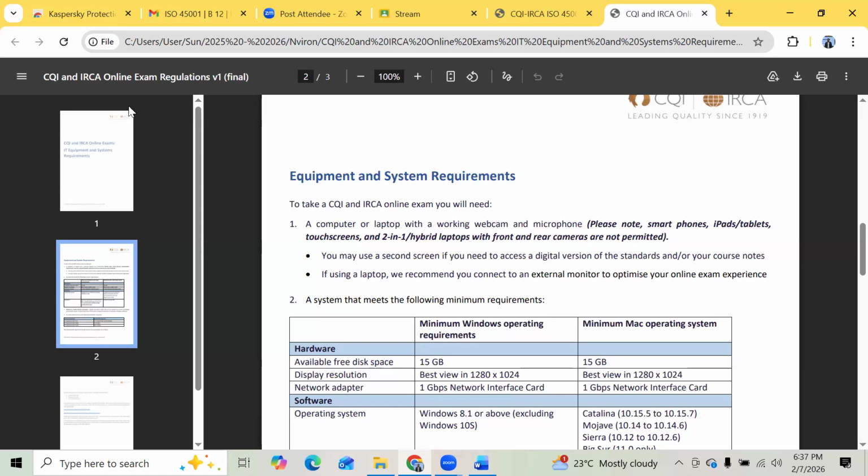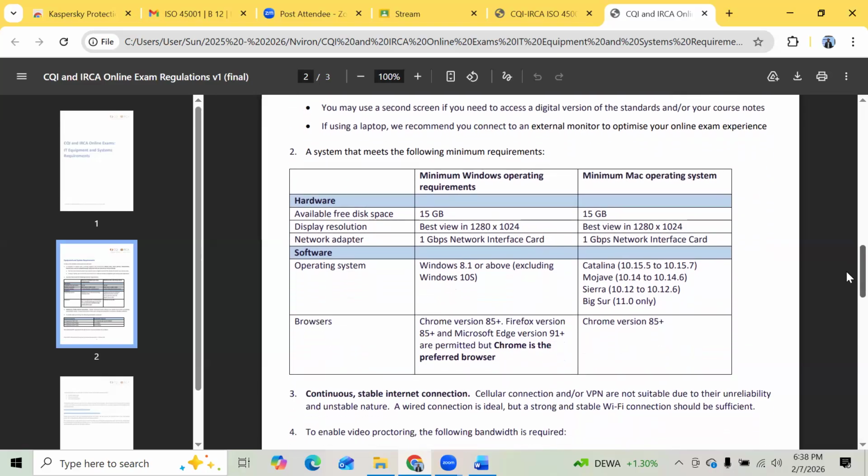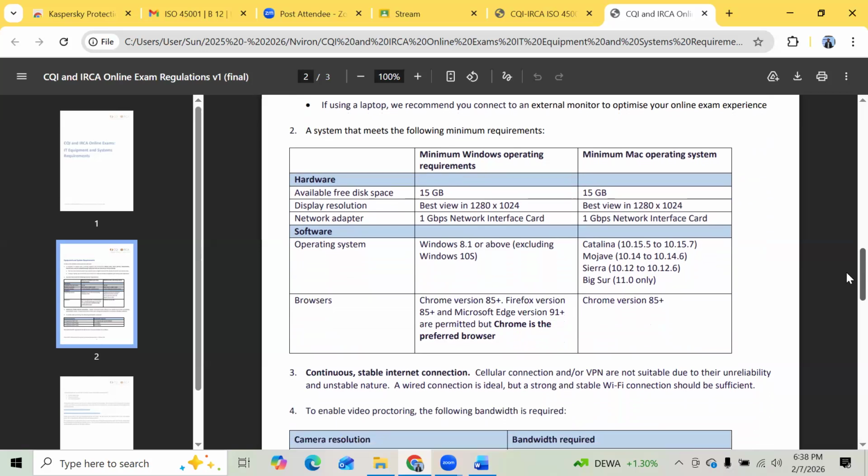You may use a second screen if you need to access the digital version of your standard and/or your course notes. So just a recommendation from CQI IRCA: if you are using a laptop, we recommend you connect to an external monitor to optimize your online exam experience. Okay. So general requirements, whatever Windows operating system you are using, try to use Windows 8.1 or